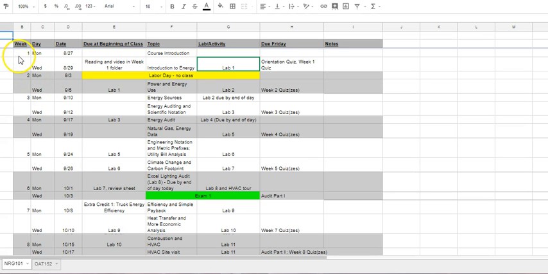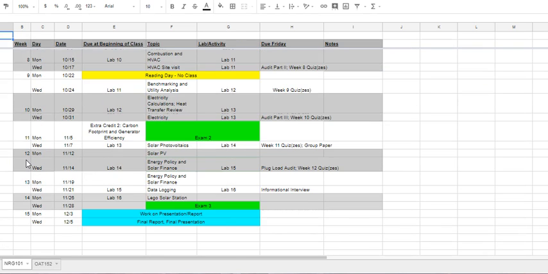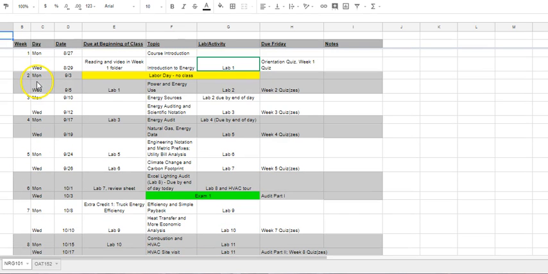Okay, so the basic organization here, we have the week, so we have weeks 1 through 15. The day, so this happens to be a Monday, Wednesday class, and then the date of the class on the Monday or Wednesday. This column is pretty straightforward. What is due at the beginning of that class? So you can see, for example, for this class on Wednesday of week 1, there's some readings in a week